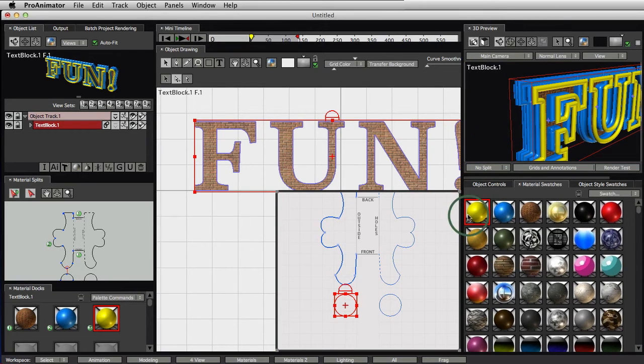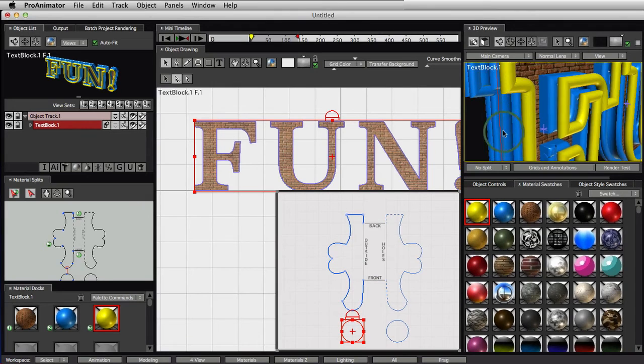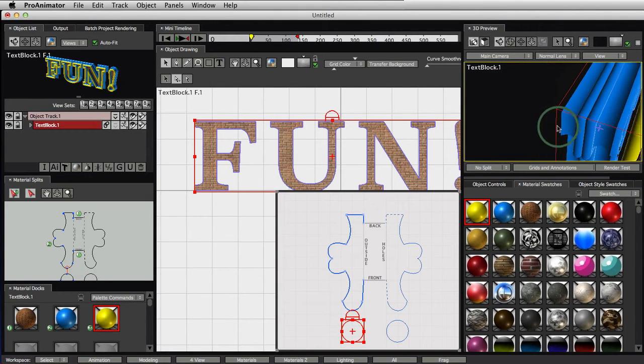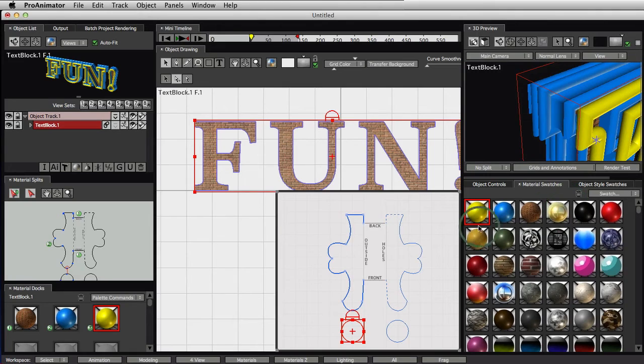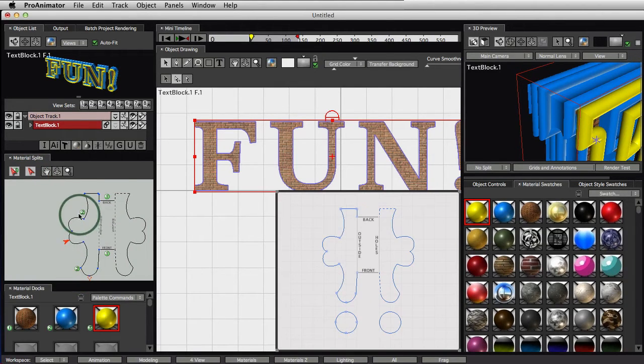This double stack thing here, let's separate that so we can color it. Right now it's a little hard to see, and it doesn't give us the full effect of what the double stack is doing. So what we do for that is come over here to our splits area, and same sort of thing, I can zoom in on this. What the splits area is going to do is let us split the profile into multiple parts. This is our split tool, so you select that and then you can click on this. You see now it turns it into two number twos. If I click on it and pull it off,